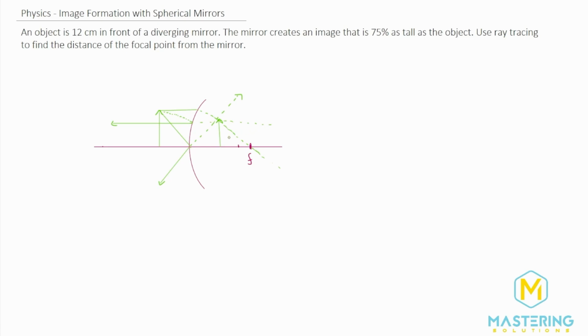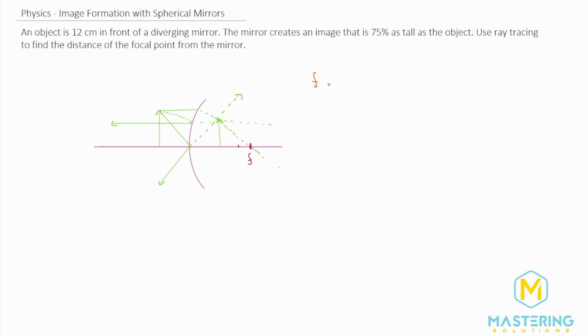And so we can use the height of the image here to guess where the light rays are going to all cross. So then we can see, okay, this one's going to come down to the focal point and this one's going to come to the focal point. So then we could say, okay, that's the estimation. So that's what they wanted us to do. And then if you were on graph paper, you could measure it and tell a value of where the focal point was going to be. And so now what is it that we are trying to find for this, right? We need to find the focal length.